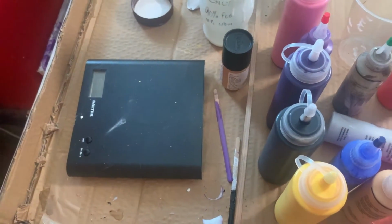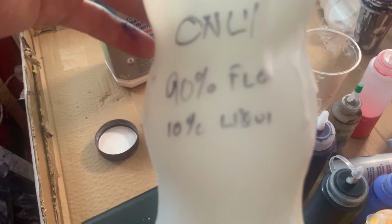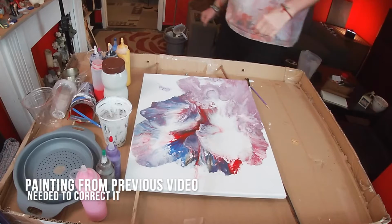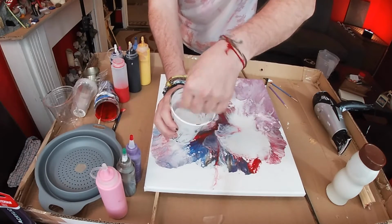Measured out pretty much 100ml of paint, 100ml of pouring medium, which is 90% Floetrol, 10% Liquitex. Okay, getting on, starting to paint. Do you like my paint setup? I've made this. So, house paint and pouring medium